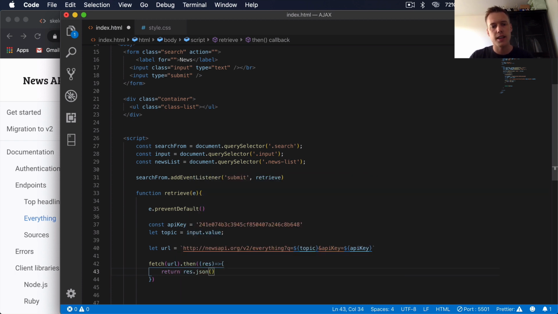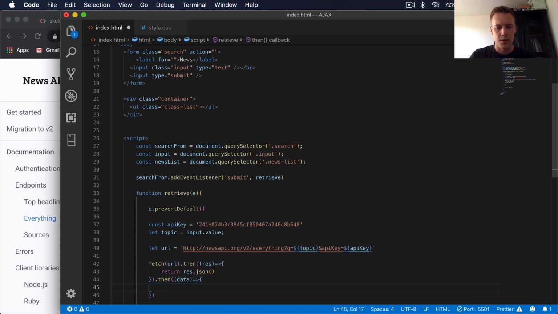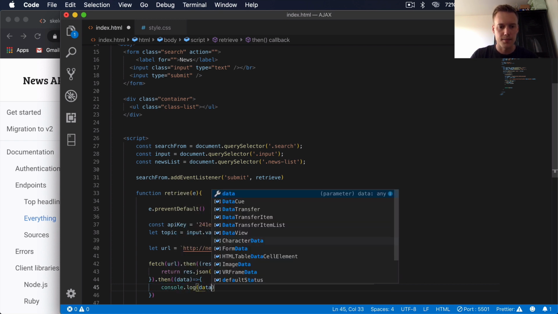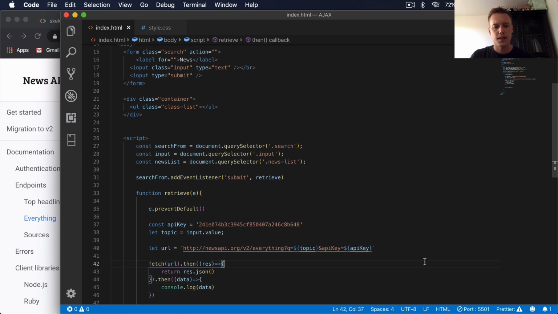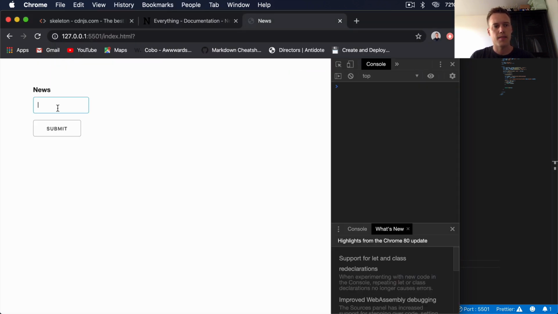So you want to return the response in JSON format, and then after that we say .then and then data. So we get the JSON data, and then we can say console.log data. Okay, let's just see if that's worked. So if I type in COVID-19 again,